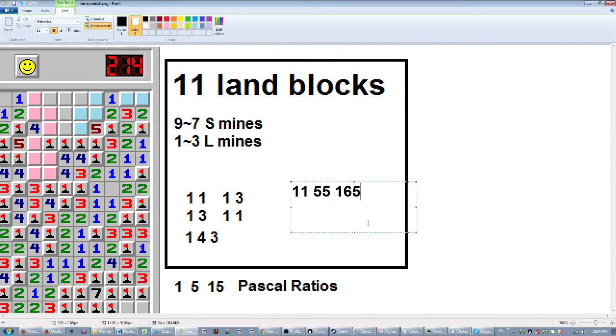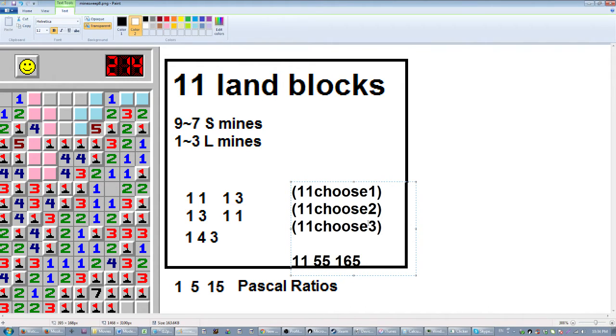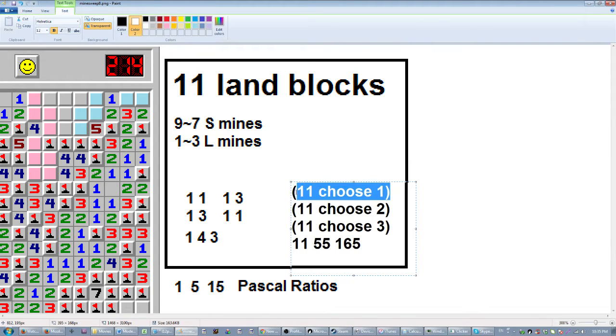Why I call this Pascal ratio is because this is just, let's see if I can do this. 11 choose 1. 11. Oh my god. 11 choose 2 and 11 choose 3. Okay. I'm bad at typing. We got that through. So this is really just the operation that I'm doing. It's just combinations. And the way to find this is you just go into Pascal's numbers, Pascal's triangle,